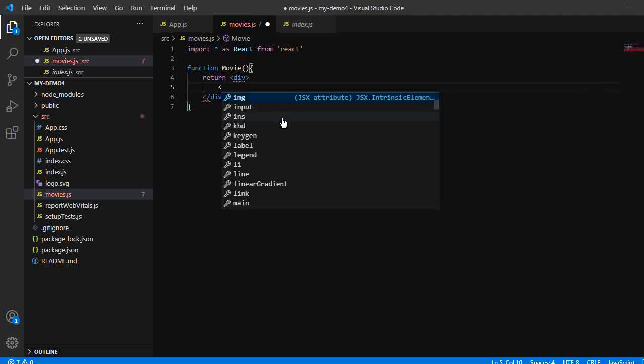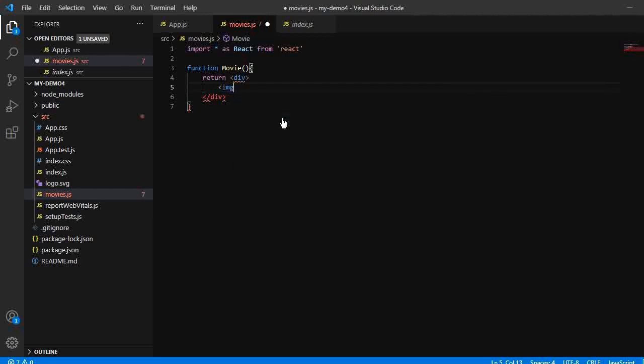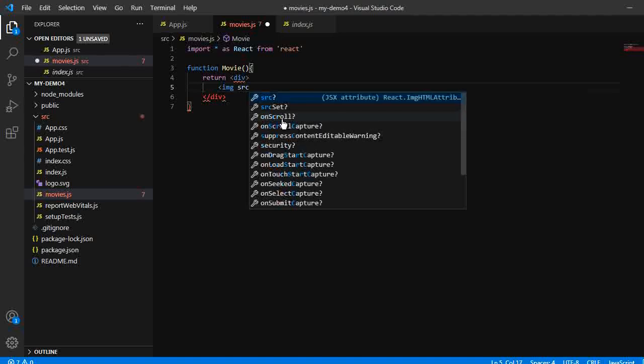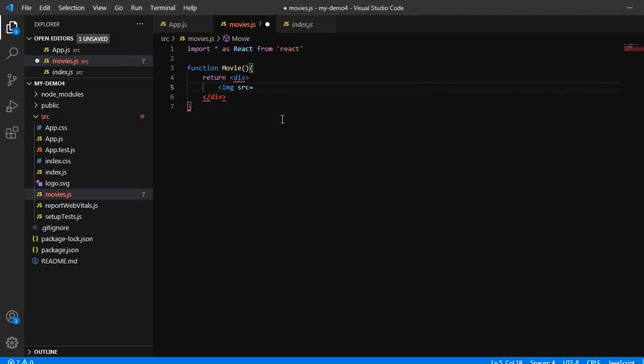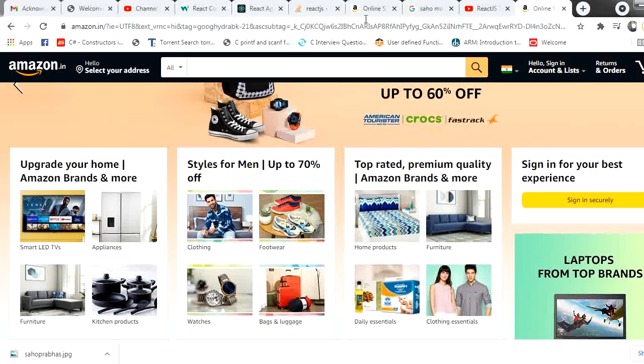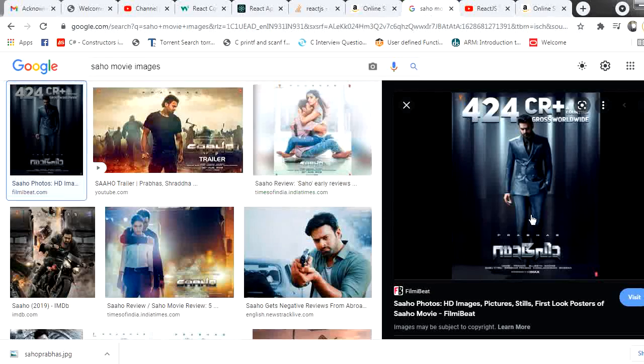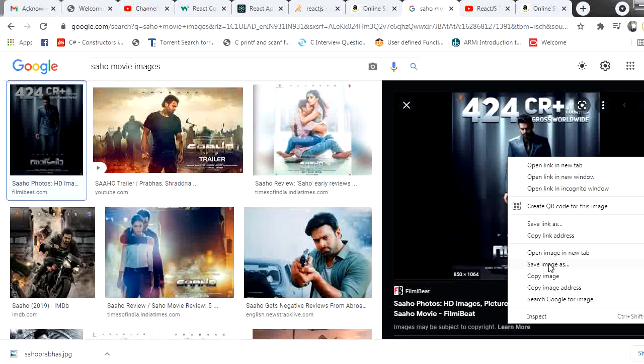Here I am creating one movies module. That's why I am taking one image, img src equals, and I am taking an image address from Google, copy image address.